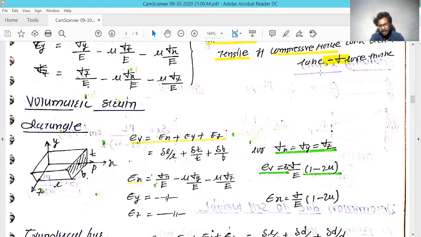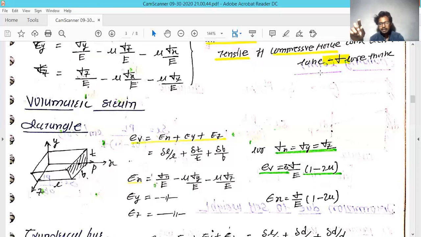But the strain in the y and z directions has a negative effect, in which the deformation is getting reduced, and in that process compression is taking place. So just assume that in the x direction we are applying the tensile forces, but due to the tensile forces the other two dimensions are getting reduced. When you apply compressive kind of forces, then only this dimension is getting reduced.